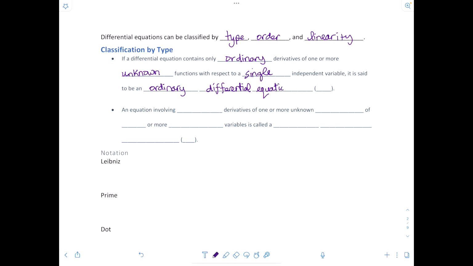And of course, we've got a shortcut for that, so that would be ODE, ordinary differential equation. All right, so an equation involving partial derivatives. You did some of those in Calculus 3, or will be doing some in Calculus 3. So if they contain or involve partial derivatives of one or more unknown functions